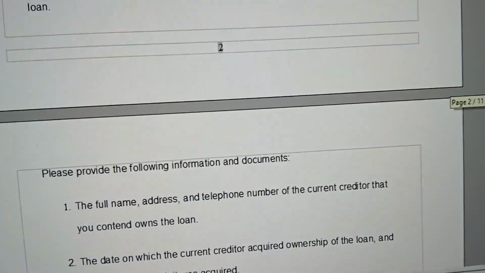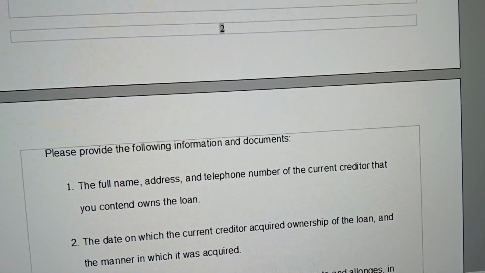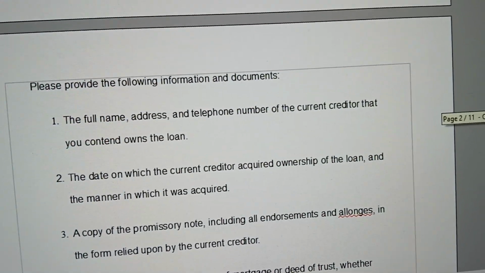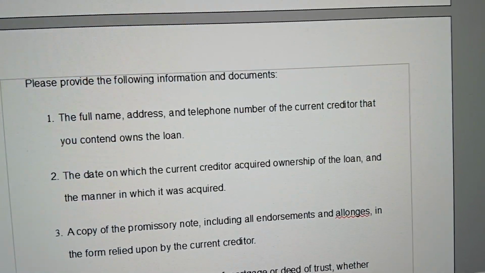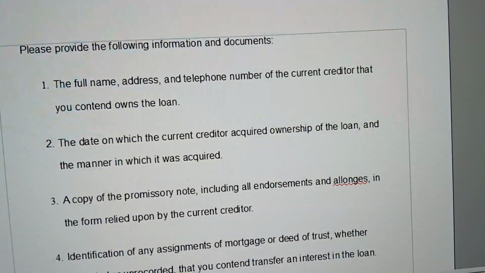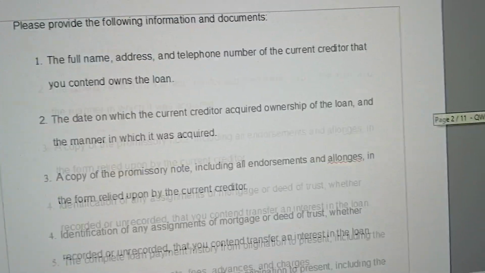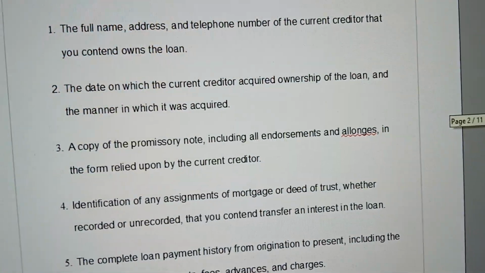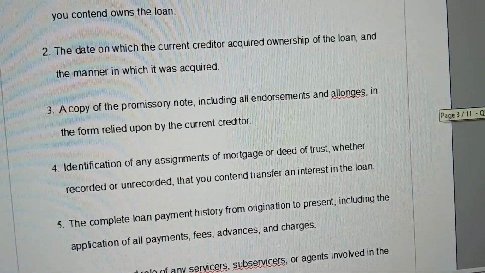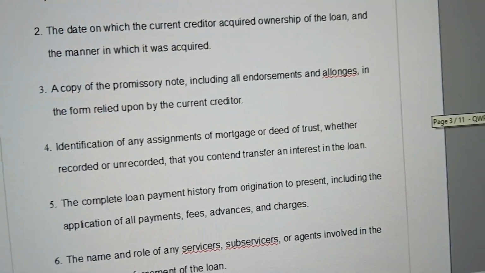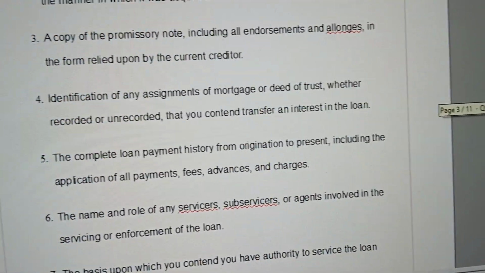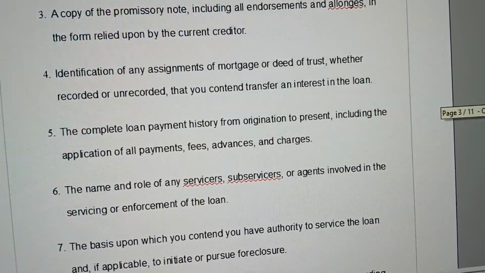Please provide the following information and documents: the full name, address, and telephone number of the current creditor that you contend owns the loan; the date on which the current creditor acquired ownership of the loan and the manner in which it was acquired; a copy of the promissory note including all endorsements and allonges in the form relied upon by the current creditor; identification of any assignments of mortgage or deed of trust, whether recorded or unrecorded, that you contend transfer an interest in the loan; a complete loan payment history from origination to present, including the application of all payments, fees, advances, and charges; the name and role of any servicers, subservicers, or agents involved in servicing or enforcement of the loan;